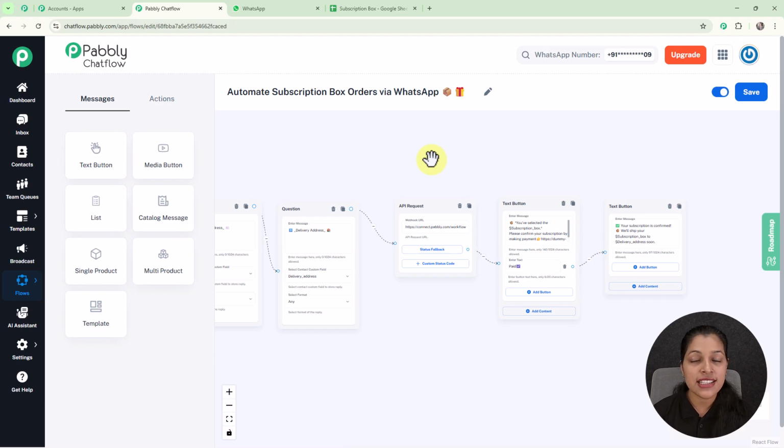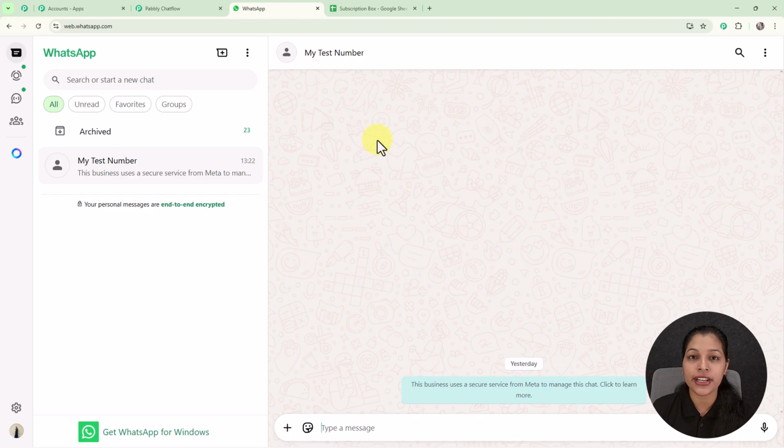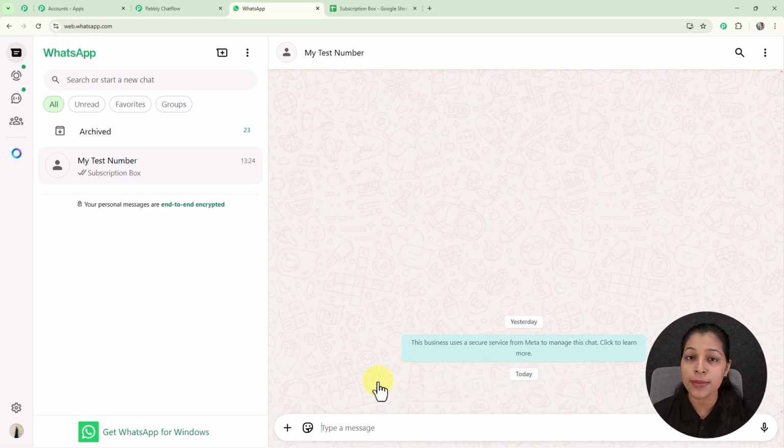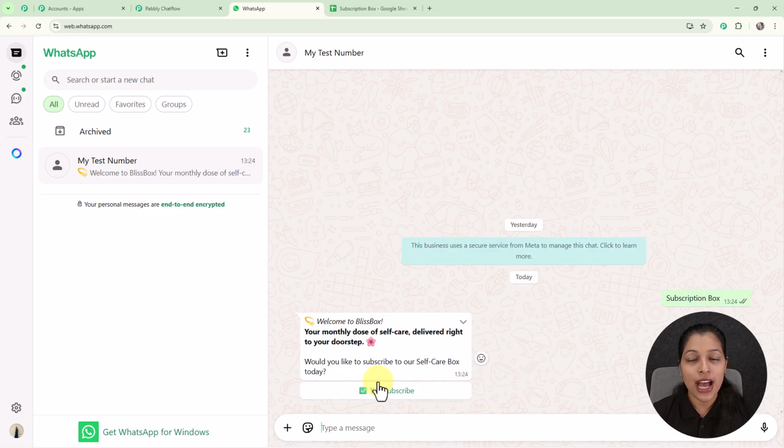So for testing this chatbot, let's move on to my WhatsApp. Here you can see I have already opened my WhatsApp, and now I am going to send a message to the number which I have already connected to my Pabbly Chatflow account, and this number is saved as my test number. Here I am going to enter the message "subscription box", and I have added this message as my keyword in my flow. Now you might be thinking, what is this keyword? I am going to answer this while creating the WhatsApp chatbot, and as I have entered this message I